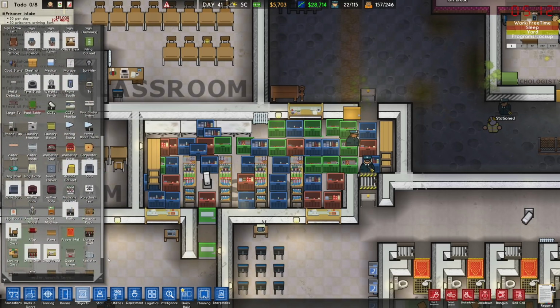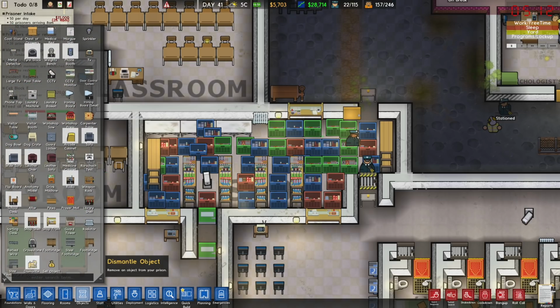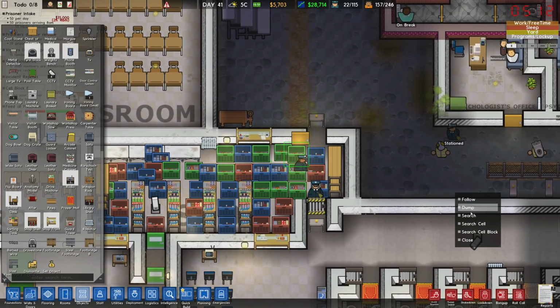Wait, did they remove the dump object tool? Was there ever a dump object tool? They really need to have a dump object tool. Dump. We're just going to dump all this because